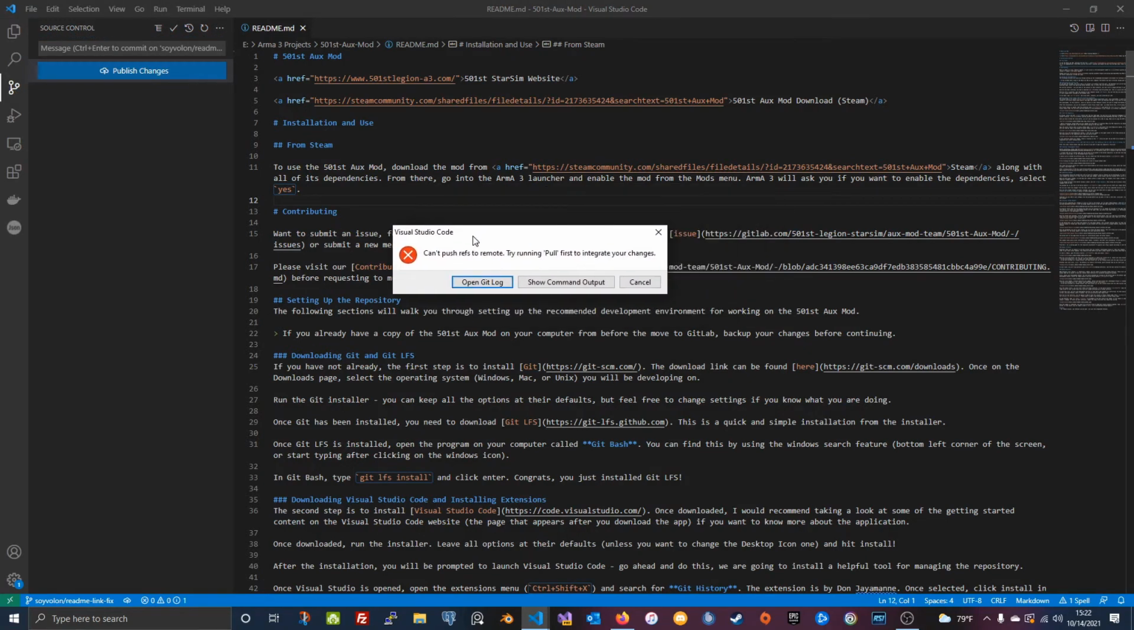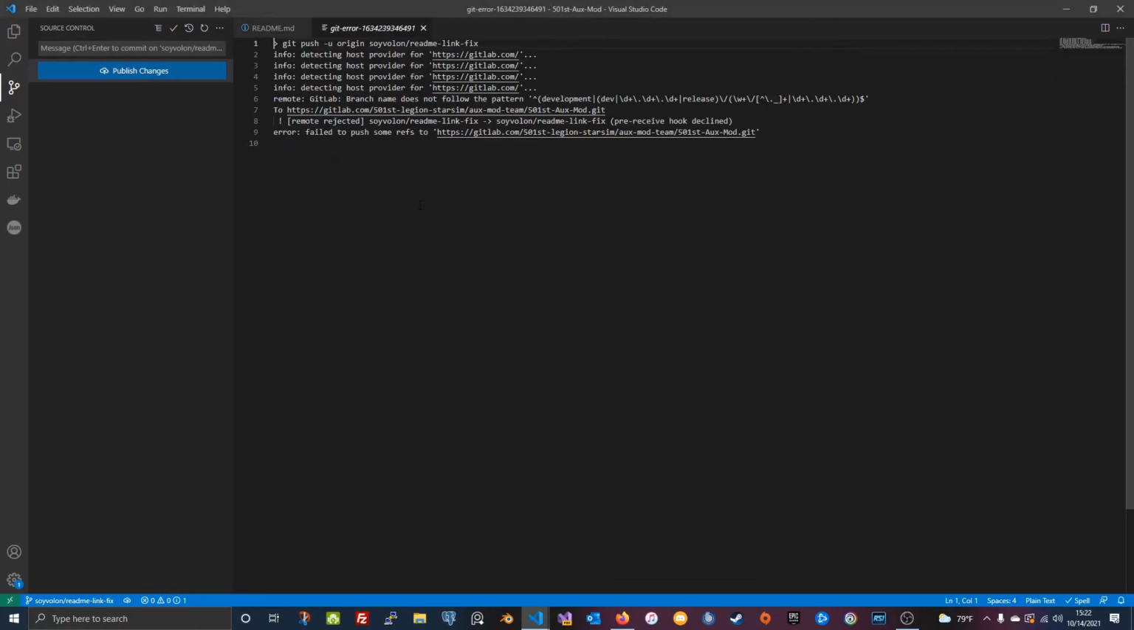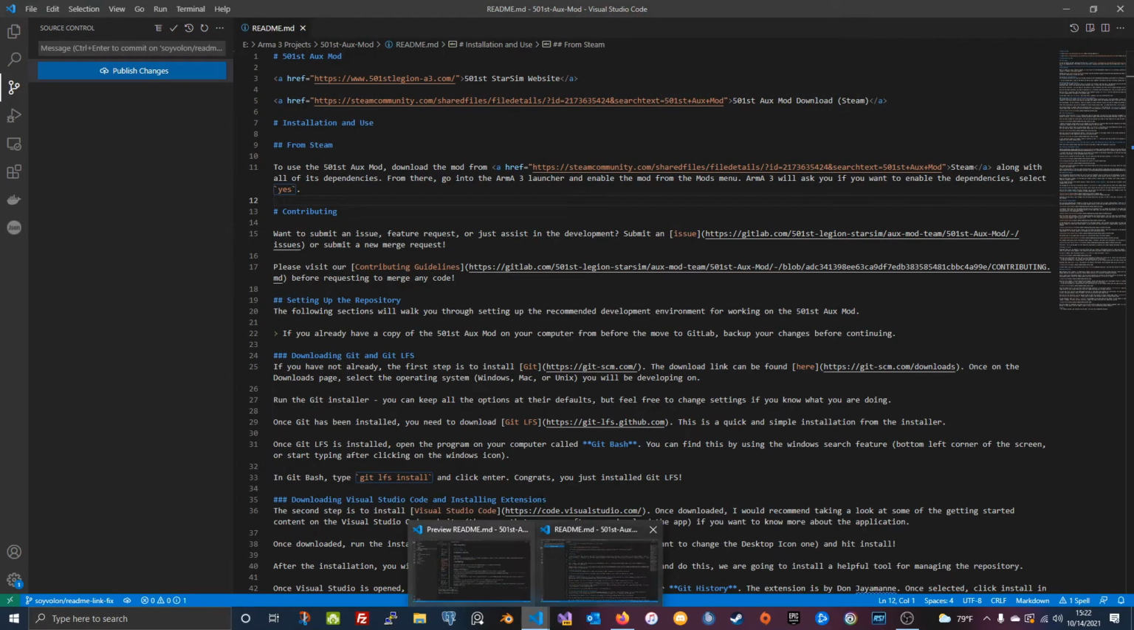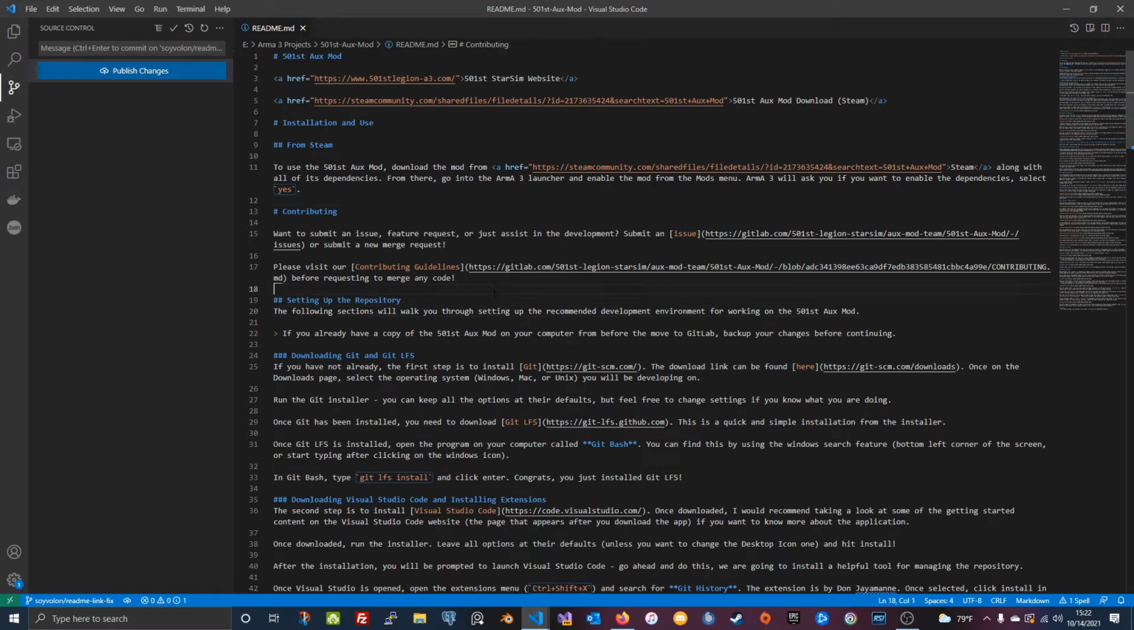And it's going to give you an error saying can't push refs to a remote. If you look at the command output, you'll see that it does not follow the pattern, this monstrous pattern here. That's essentially saying, hey, you've broken the rules. If you try to make a new branch in GitLab, you'll also see an error saying it doesn't follow this pattern. If you see that error message, it means that you have not followed the contribution guidelines and your branch name is invalid. So we're going to go back to source control,